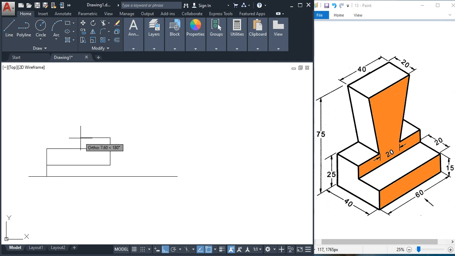and after that, once again we'll draw from this side. Height is 10 and this width is 20, will draw. And now see this vertical height, total height is given 75, so from bottom to this surface, and this is given 25.